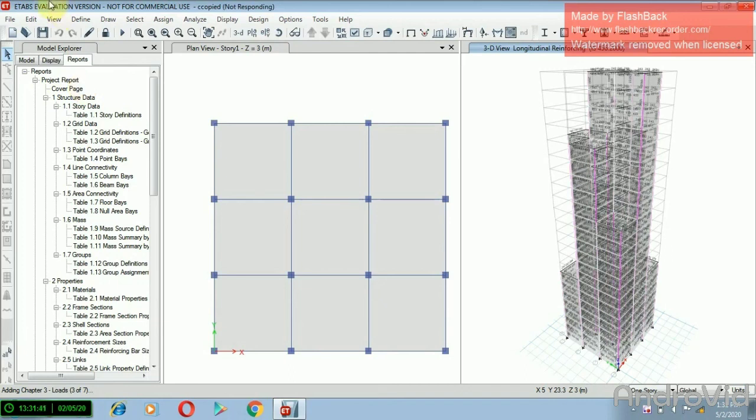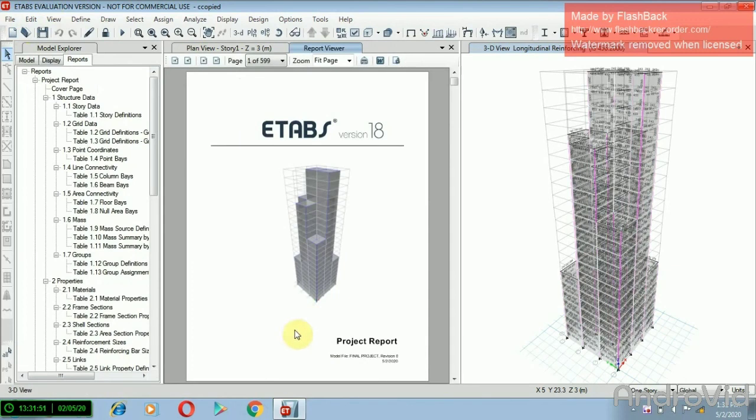Hence our project report is generated, which shows all our properties and dimensions of the building.